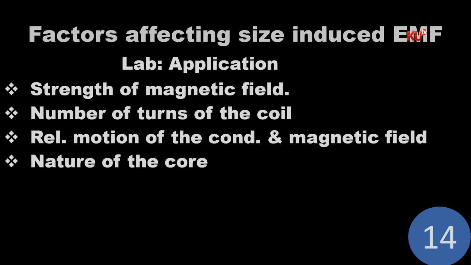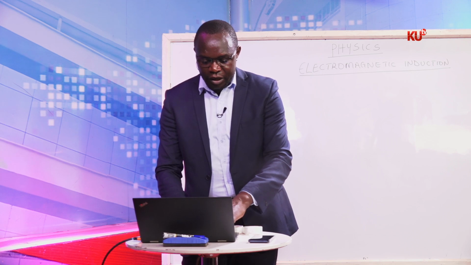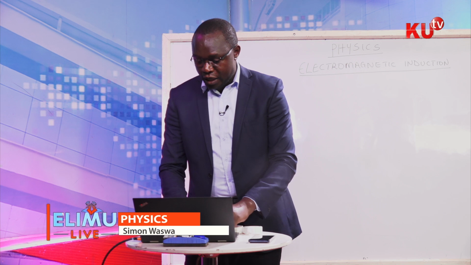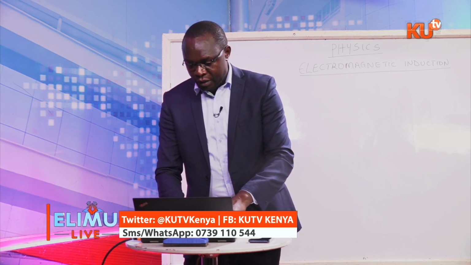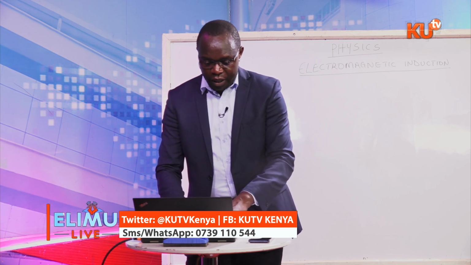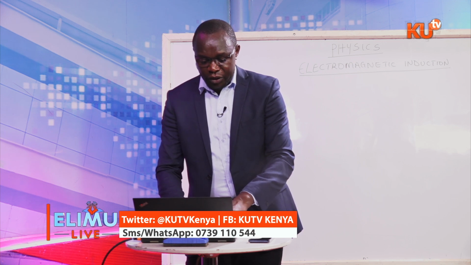so that we make observation of the voltage it produces when the speed of motion of the bar magnet is increased. Now, that is one, the speed of motion of the bar magnet. That's the rate of change of magnetic flux linkage. Now, what happens if we increase the strength of the magnet? What happens to the size of induced EMF? So we have that way, and so it shows that when the strength of a magnet increases, also the size